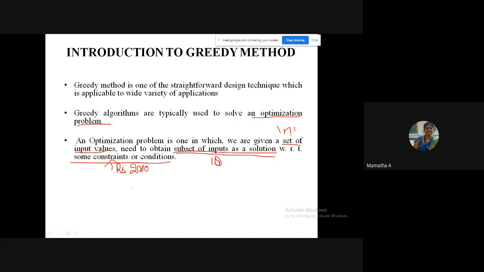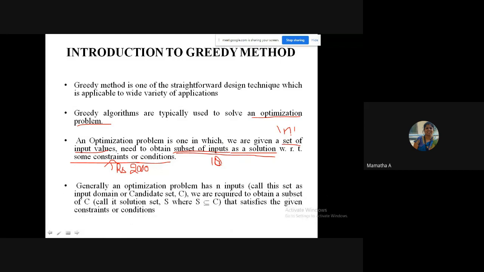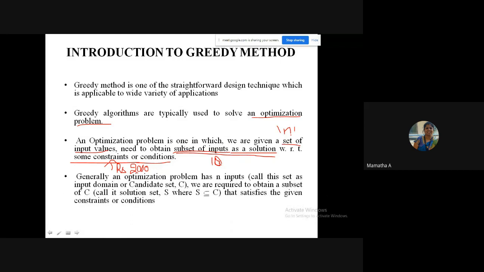So an optimization problem is a problem wherein you have n inputs, and we will try to get a solution which is a subset of the inputs with respect to certain conditions or constraints. If I have to give you a mathematical formula, I can tell the optimization problem has n inputs.